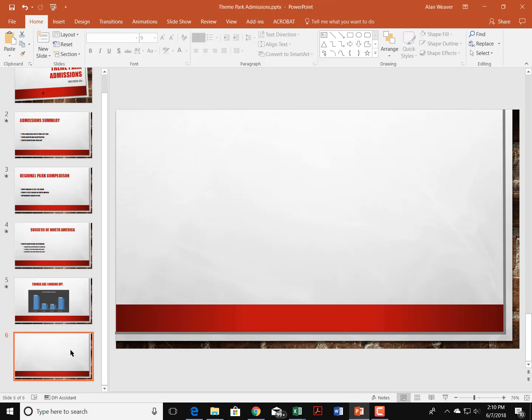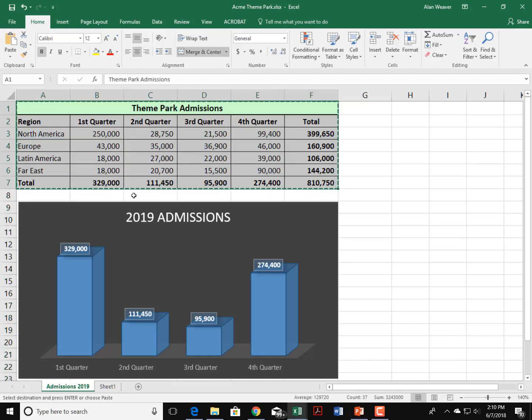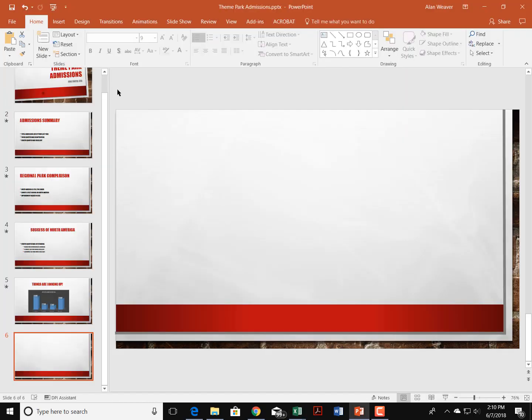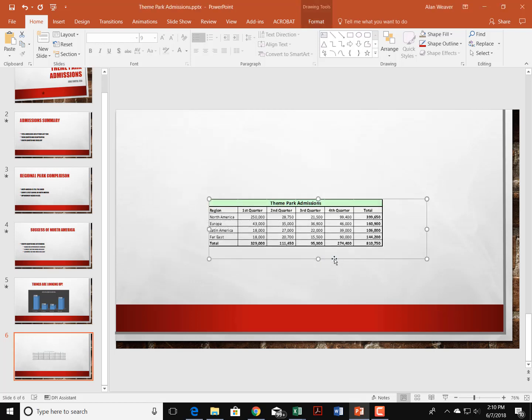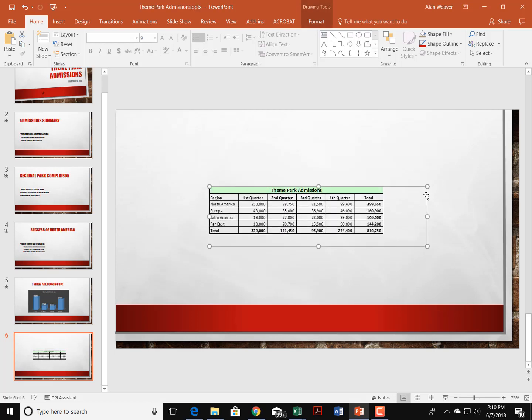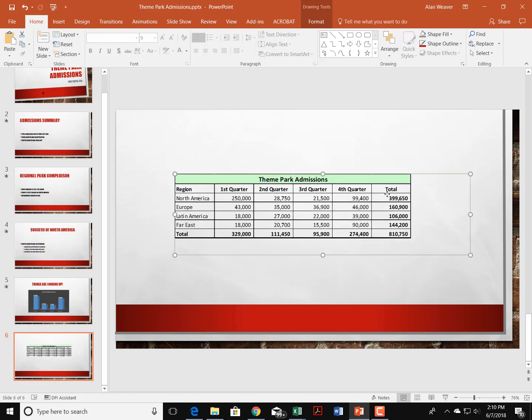You can also very quickly, if you want to, you've got this data here. I can go into here, change this, not change this, copy it, go back over here. I'm using Alt Tab in Windows to toggle between the two windows. Paste link, worksheet object, okay. We can just drag it to the center. I can enlarge it here if I want to, so it's easier to read. Again, if I were to change things here,